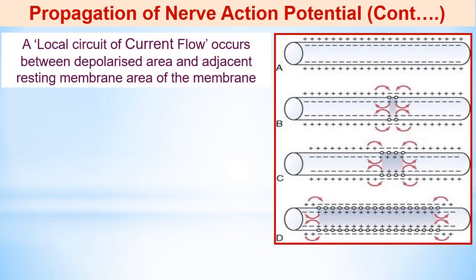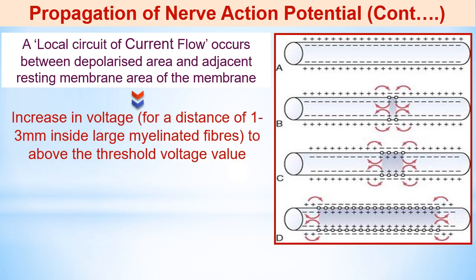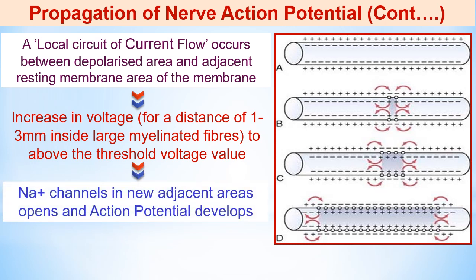So due to the entry of positively charged sodium ions, a local circuit of current flow occurs between the depolarized area and the adjacent resting membrane area, and that leads to an increase in voltage of the membrane for a distance of 1 to 3 millimeters inside myelinated fibers to above the threshold voltage value. That is shown in figure B, where a local circuit of current is developed at a certain point, and in C it is shown that the spreading of the depolarization process